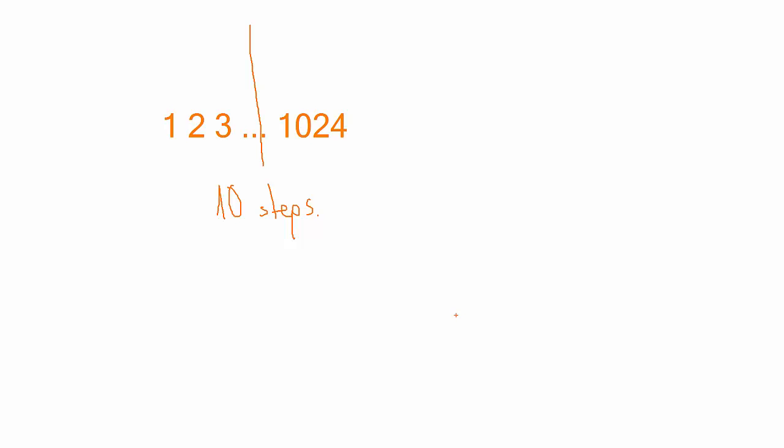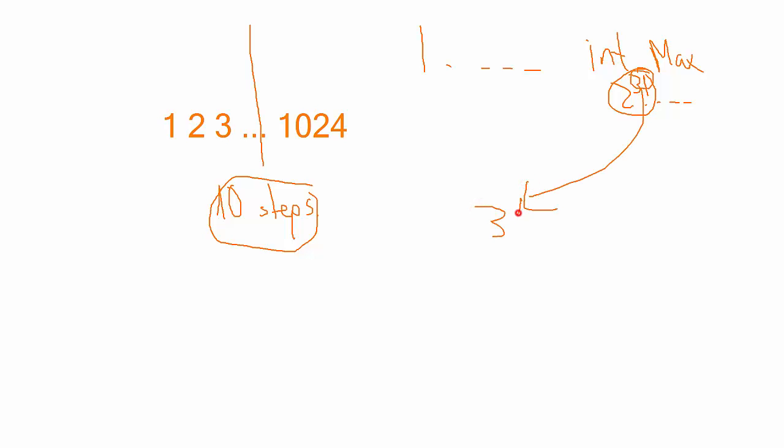Okay, and these number of steps are very, very fast. So if we were to guess a number between 1 and int.MaxValue, which is 2 billion something, 2 to the power of 31 actually. Yeah, so this is a big number. This is 2 billion and something. I would actually need precisely 31 steps to guess your number,